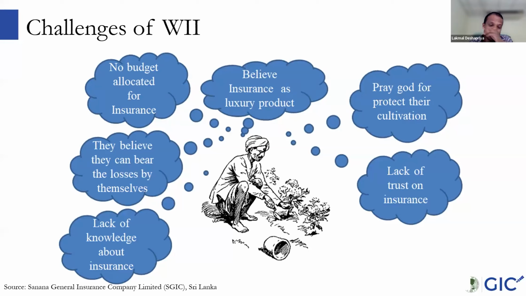Usually in developing countries, farmers have a very bad experience with insurance. They think these are luxury items, and that it's hard to get a claim from them and so on. So they don't believe in insurance. So selling this insurance product to farmers directly is a little bit tricky.